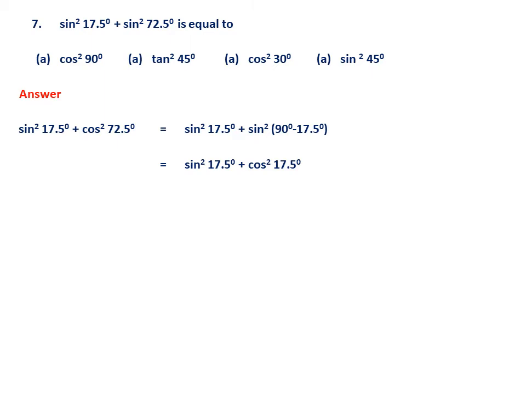I am reminding you once again, there is a typing error in the second term in the given expression. It should be sine square 72.5. And this will be equal to, because sine of 90 degree minus 17.5 is cos 17.5, cos square 17.5. This is a complementary ratio, that is allied angle. So this will be equal to 1. Let me tell you one shortcut here. Whenever you get sine square theta and sine square of another angle, if the sum of the angles is 90, then the second one becomes cos square. So sine square theta plus cos square theta is always 1.